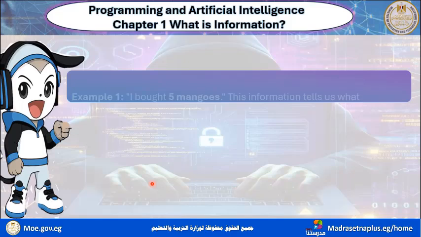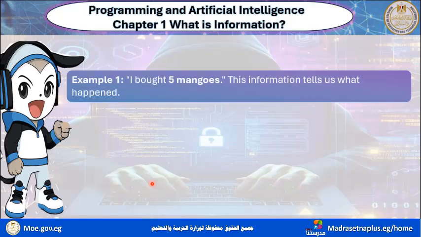More clarification with an example. So, example 1. I bought 5 mangoes. So now we can make sense by 5 and mangoes. So I bought 5 mangoes. This information tells us what happened.